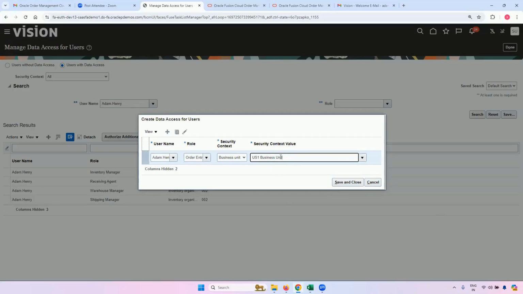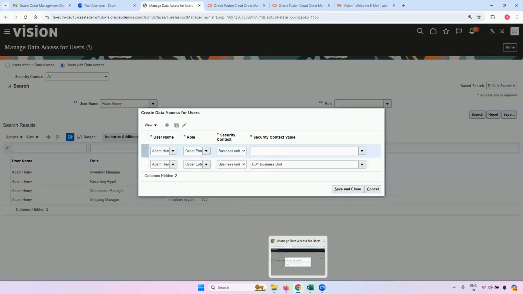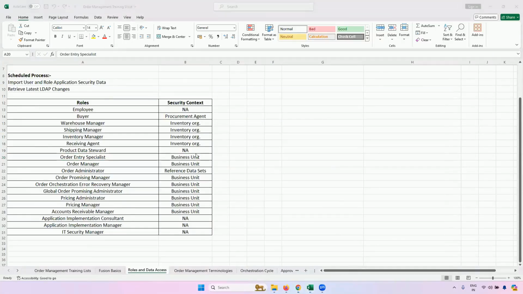So this person, Adam Henry, will only have a privilege to enter or to create a sales order only in this business unit, not in any other business unit. So this is where this data access is useful. Now let me go ahead, copy it and repeat the same procedure. Order manager.